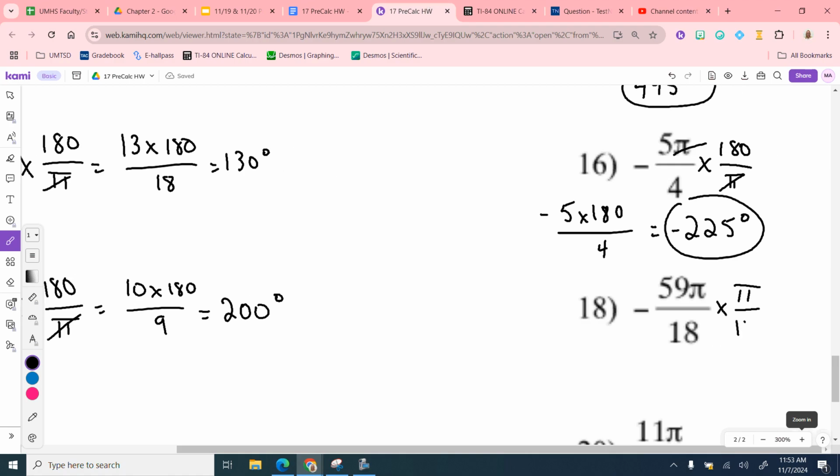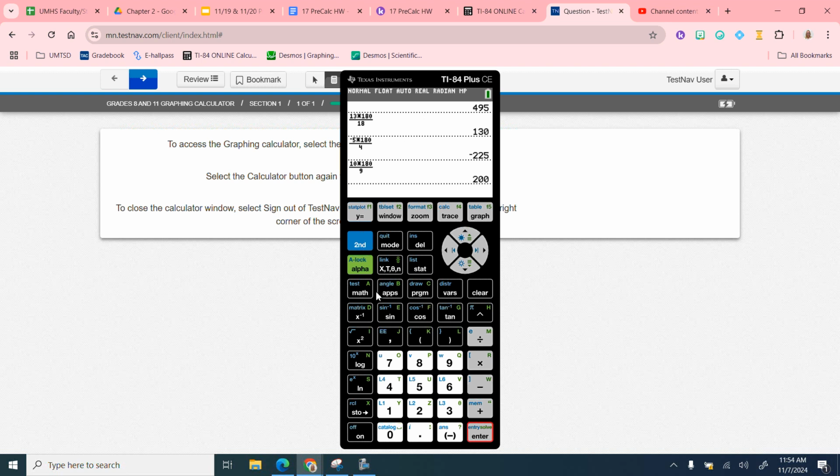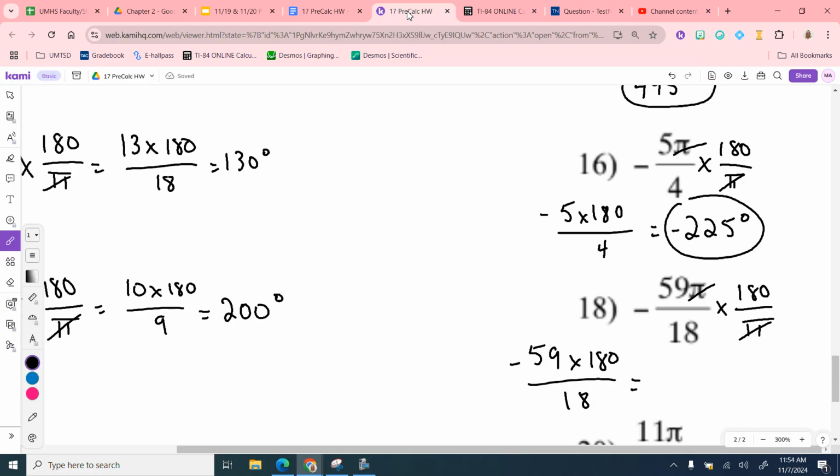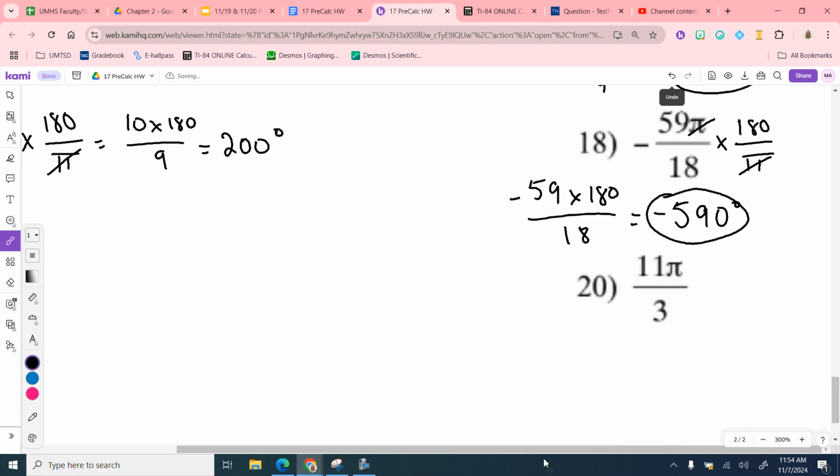Times the pi over 180. Oh, whoa, wrong thing. Times 180 over pi. Pi's cancel, and in our calculator we're going to do -59 times 180 over 18. Negative 590 degrees. And then the last two